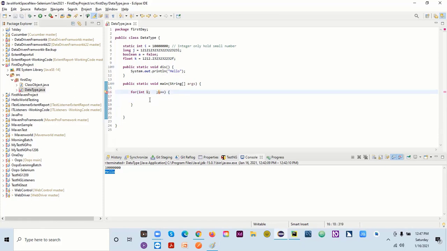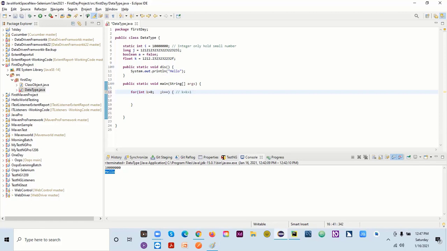I will give k a start from 0. I want to start my variable from 0, but I didn't give any limitation here. I can give some limitation as well. If I write k plus plus, that means k equals k plus 1.